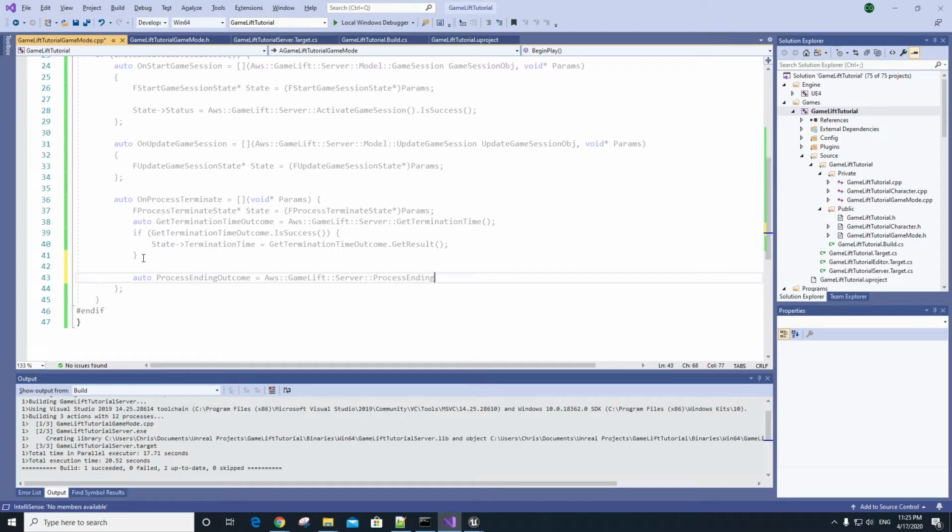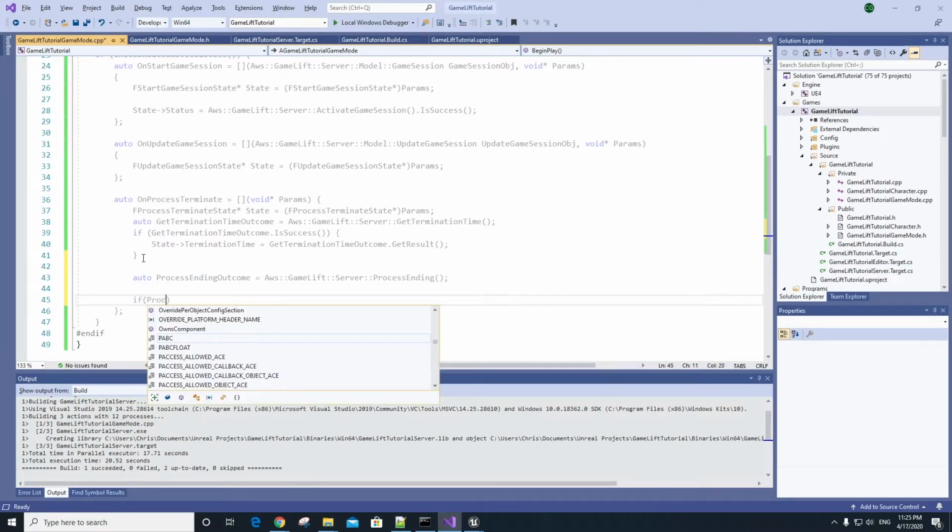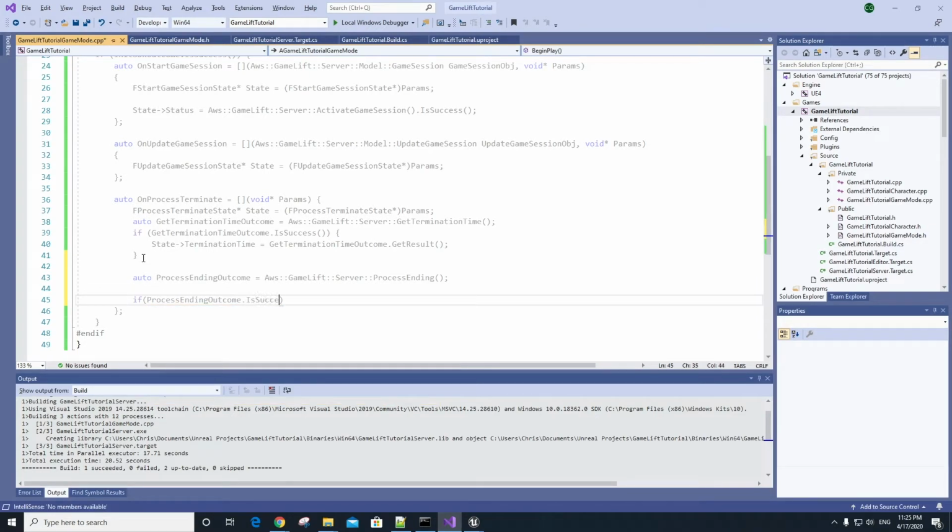process ending. Now, process ending lets GameLift know that the server process is shutting down. So the process is acknowledging that it is indeed terminating. And we should check if process ending outcome is success. And if it is successful, then we'll set